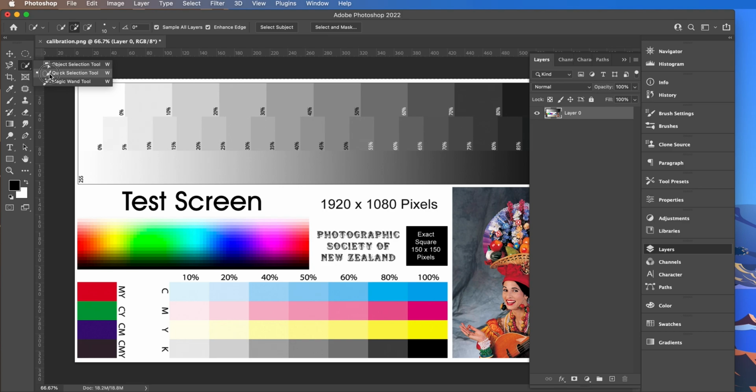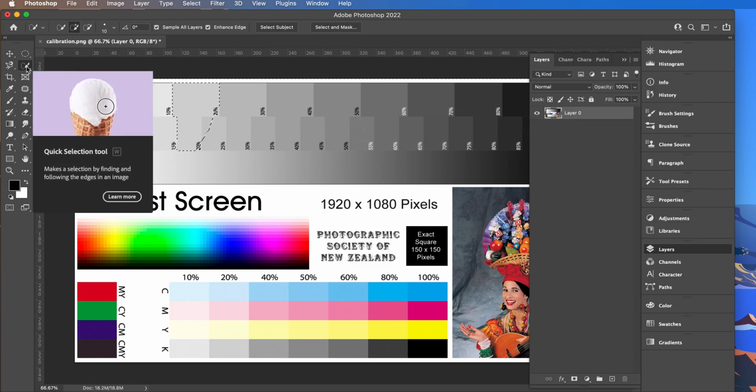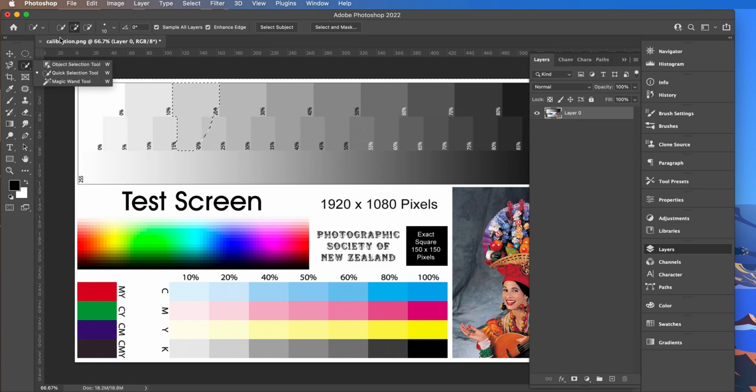We've got a quick selection tool, and that's useful if we want to just click and drag over an area, and it will see where lines are defined and select those areas. Now, why hasn't it selected that particular shape? Well, that's because, as I mentioned, with each tool there are a number of settings up here in the option strip, and with the quick selection tool,